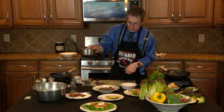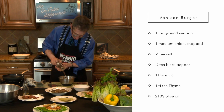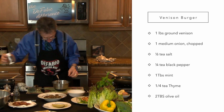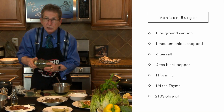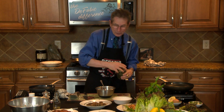What do we got here? I have some ground venison. You can buy it at your conventional store. All right. Venison does not have a lot of fat. It's going to need a little flavor. So I would salt it and pepper it before you cook it. Also, since venison doesn't have a lot of flavor,